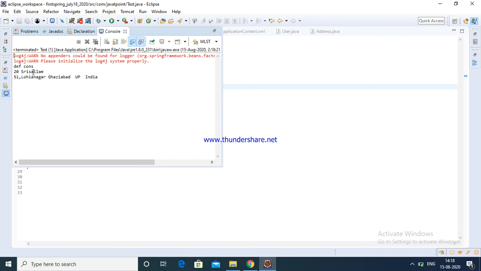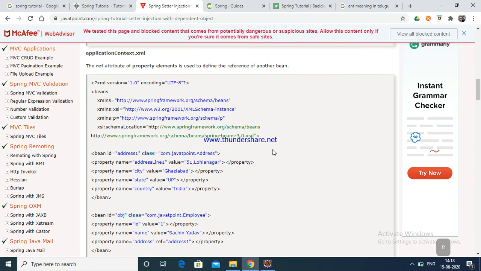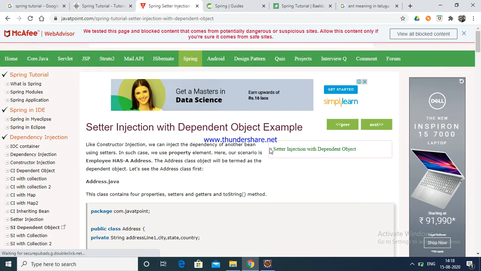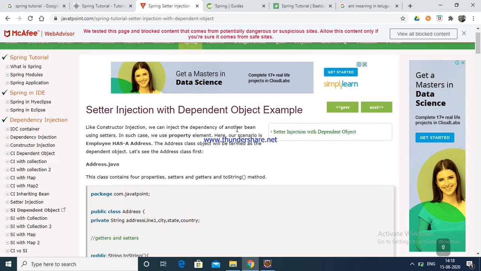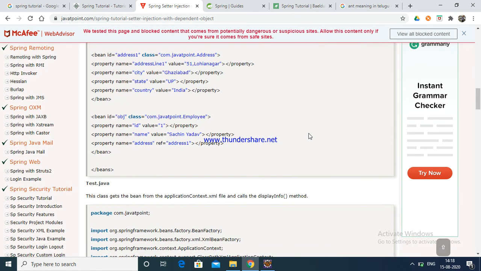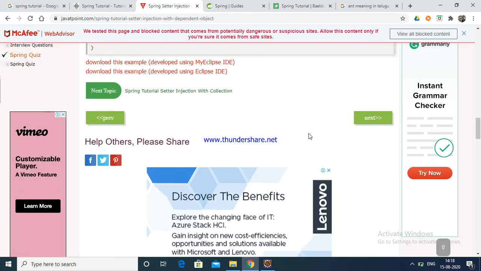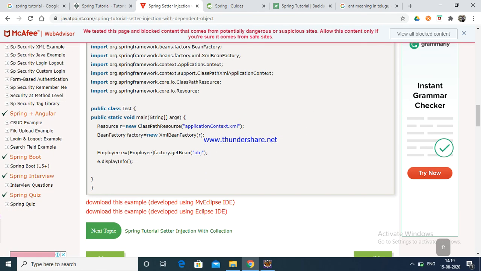This is my ID and name, and this is the address, UP India. This way we are completed setter injection with a dependency object. Now we will see the next topic.